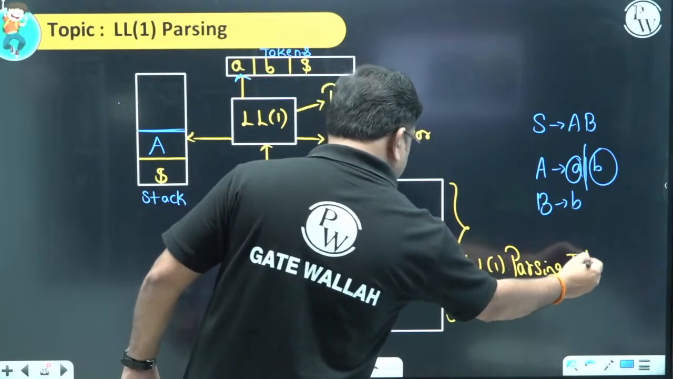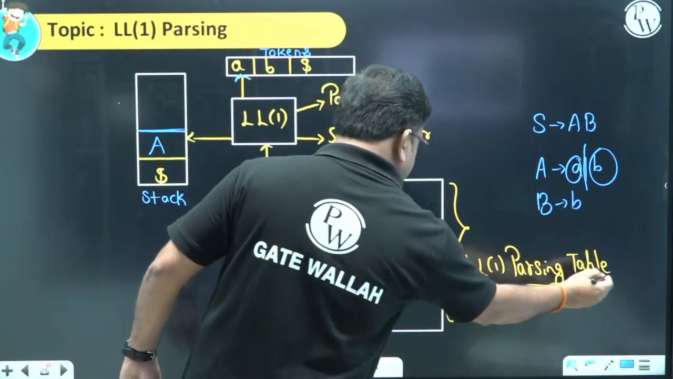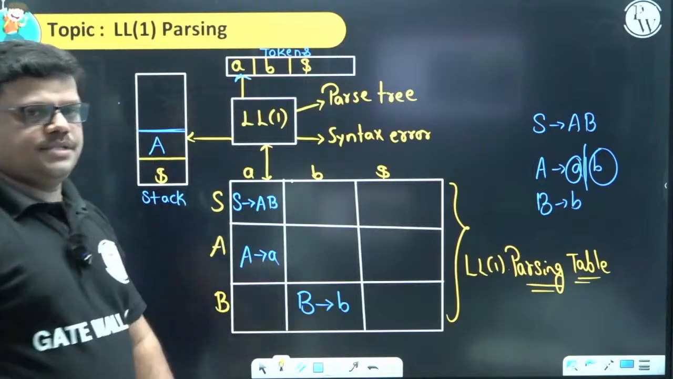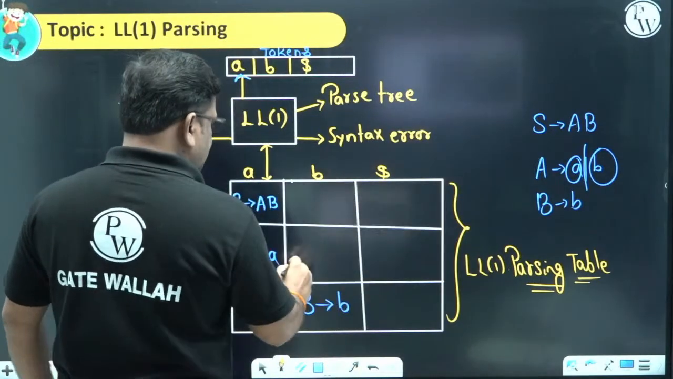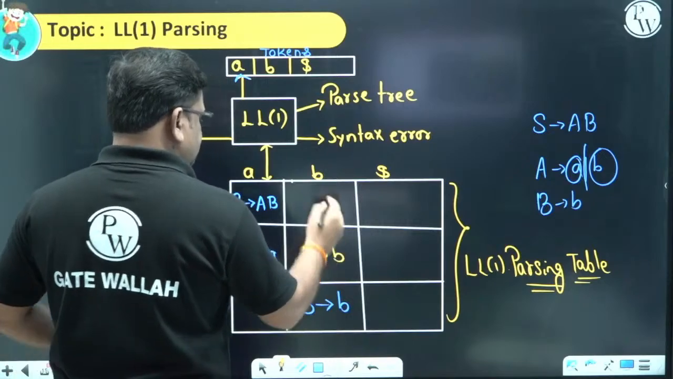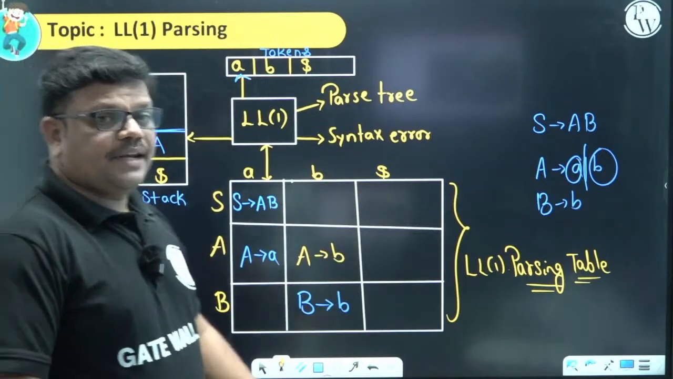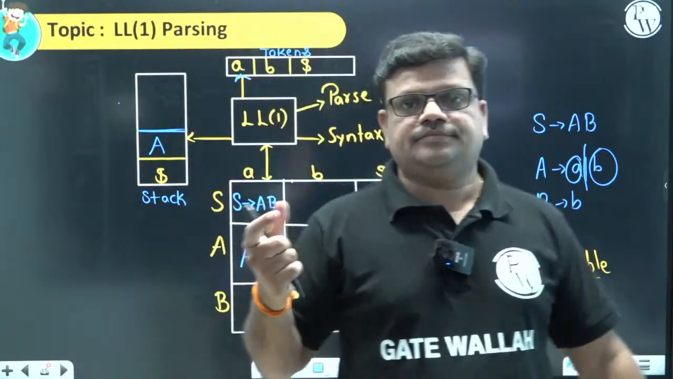LL1 parsing table. So the table will handle this situation. Okay, so the table is generally like this. For this type of grammars, we have a table of this kind. So whenever a confusion comes to the parser,